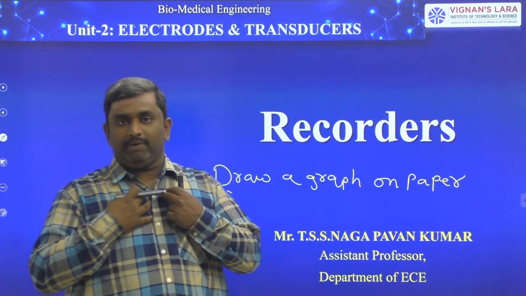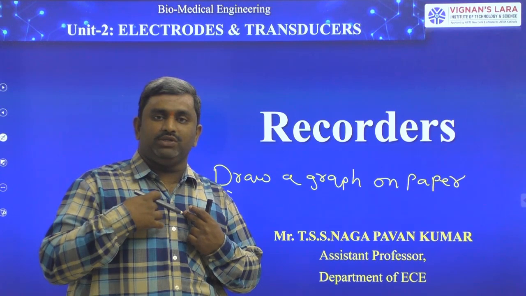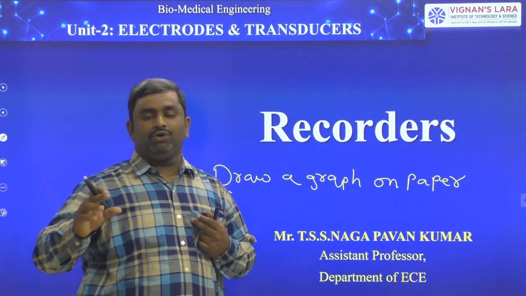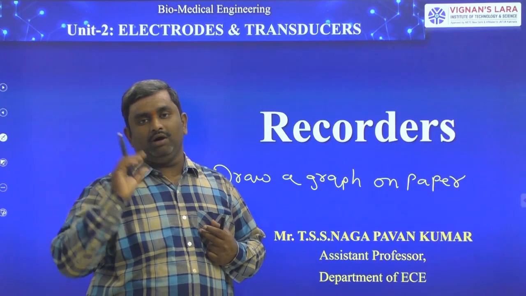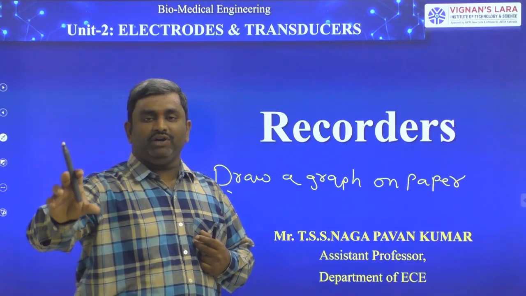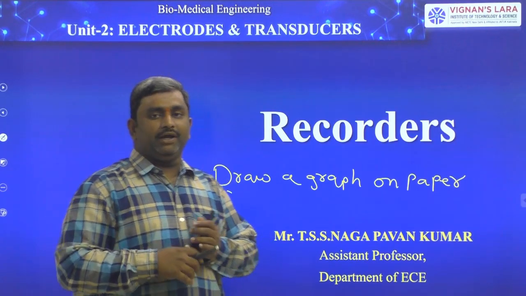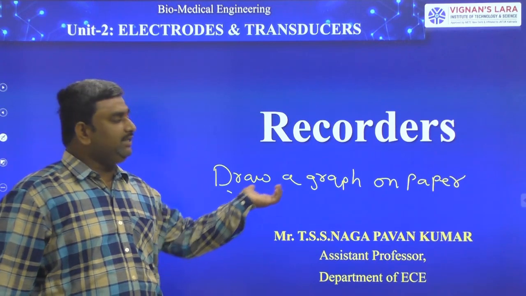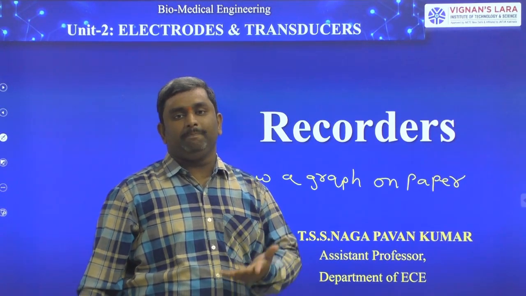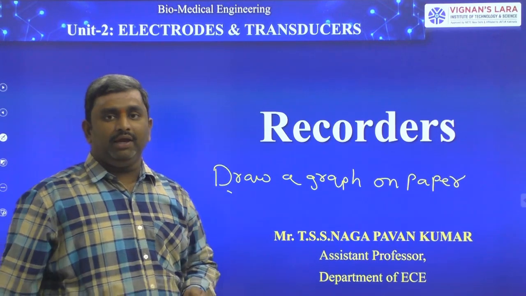In our human body, some 5 volts is there. How do I take that 5 volts? By using an electrode. With the electrode I take some electrical voltage of the human body. Now my task is, after taking this 5 volts, we have to give the print. How does the printer work? The print is nothing but the recorder. How does the recorder draw the graph on the paper? We have different types of recorders that we will see one by one.